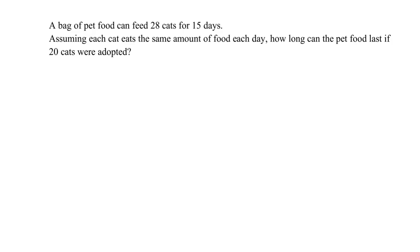We are given a bag of pet food which can feed 28 cats for 15 days. And we need to assume that each cat eats the same amount of food each day. How long can this pet food last if 20 cats were adopted? The first thing to think about is...